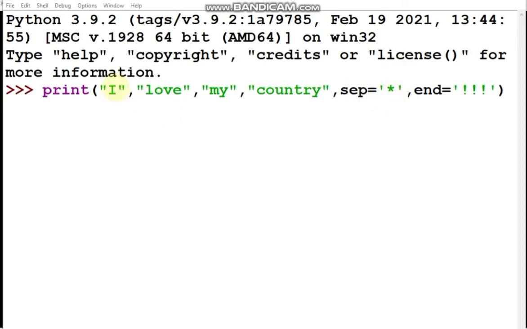That means between all the strings there will be a star mark, and at the end I want 3 exclamatory marks. So I've given end equal to, inside single quotes, 3 exclamatory marks.